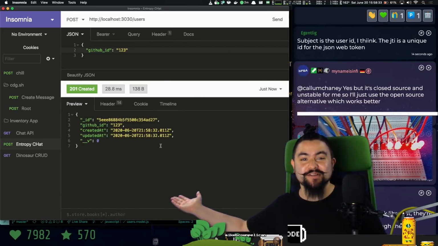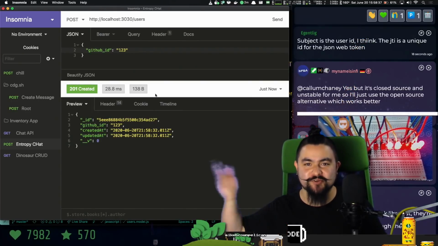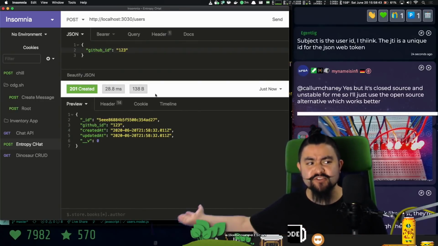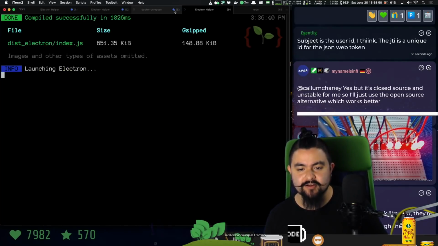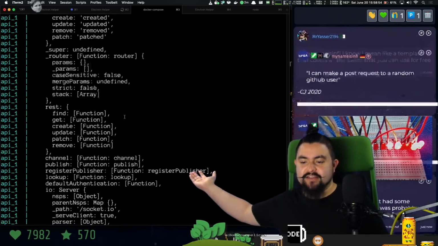Yeah, it actually worked. We don't want this to work. We don't want people to make POST requests to /users and just create random users. We should only be able to create users internally when the OAuth flow happens. So yeah, this is very lame, and we want to fix that. But what we did was we created a custom hook, and then we had a console log whenever that request came through. So this is the context object